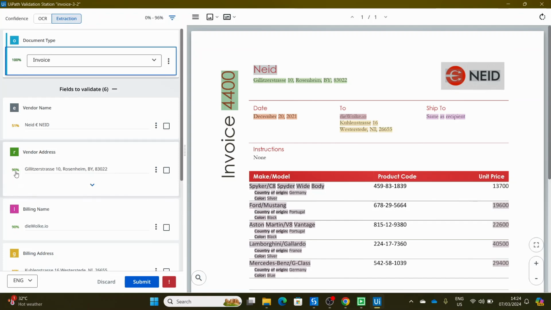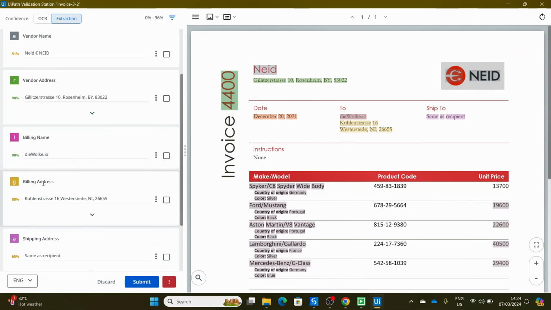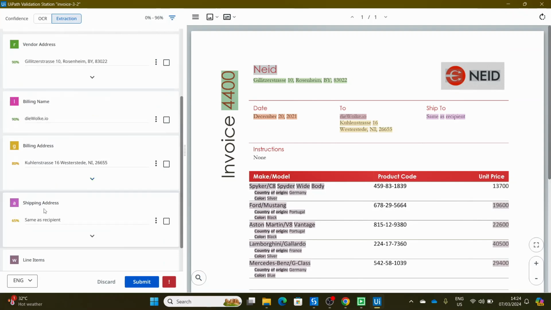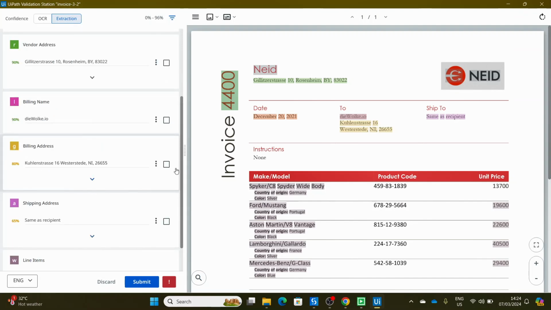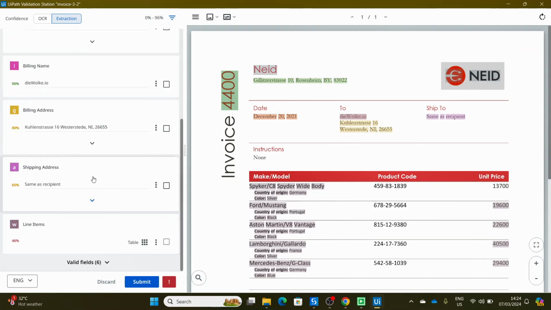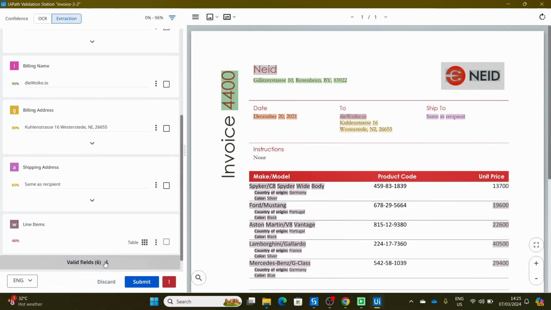The vendor address is at 90%. We were not able to extract the shipping name earlier because it's not mentioned here. But with our prompt, it was able to extract it. So it's not here under the validation part. So if you go to the valid fields section,